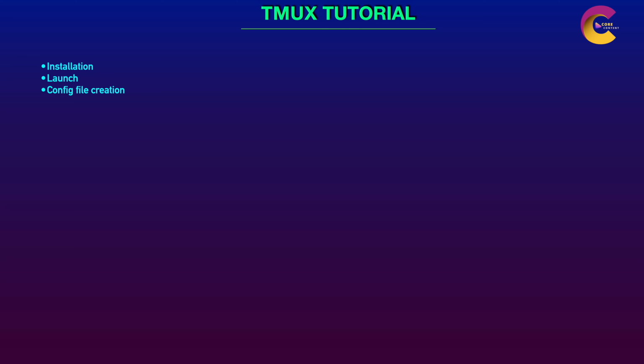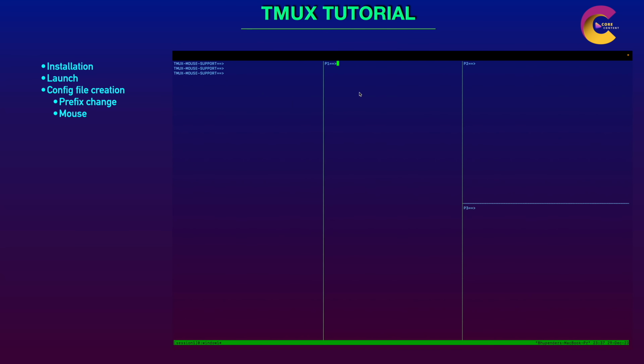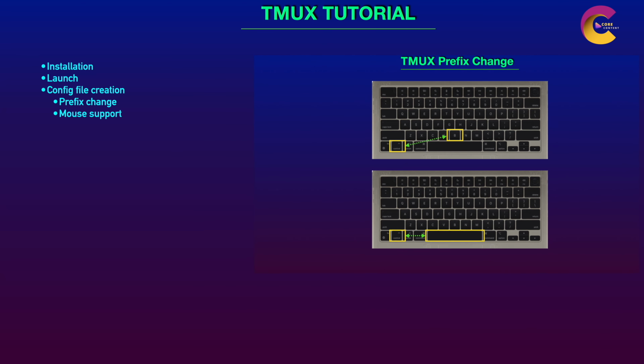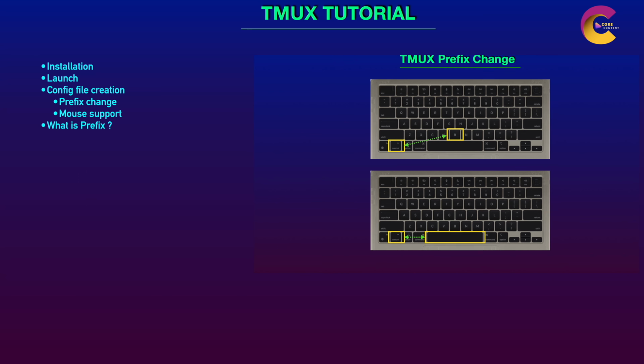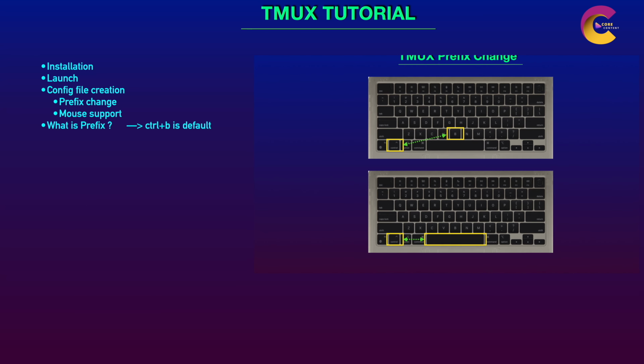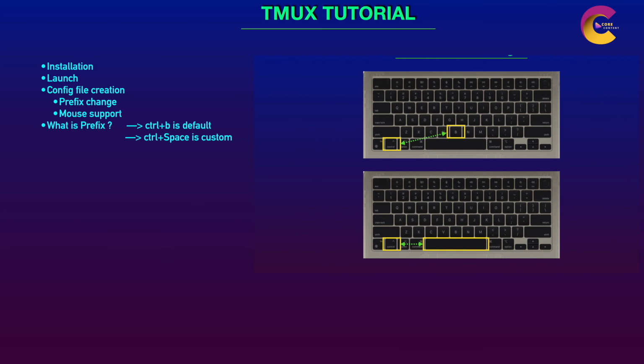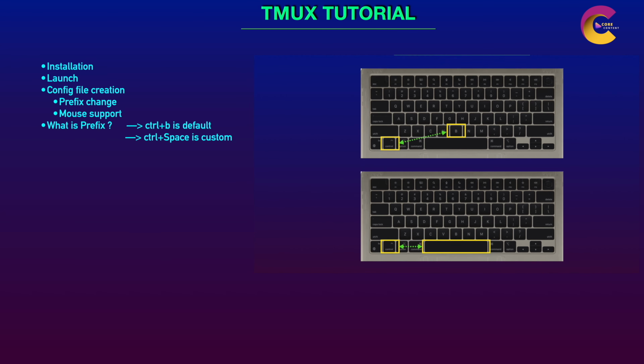Once you're done with the installation of TMUX, the next step is to customize some of the settings using a custom configuration file. There are things like prefix customization and mouse support, which are going to come in handy. Mouse support especially helps you resize the pane just with a click of a button and dragging the pane lines. On the other hand, the prefix, which comes by default as ctrl+b, may seem a bit uncomfortable to some of us. It is advised to use an alternate custom prefix key like ctrl+Space, which I'm going to use in the rest